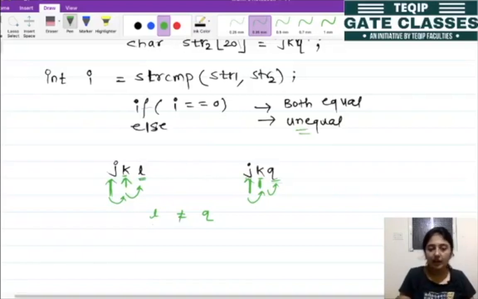If you look clearly, the ASCII value of L is 108 and the ASCII value of Q is 113. The difference between these two is 5, so 5 is returned to i. Okay, so this is how this function works.